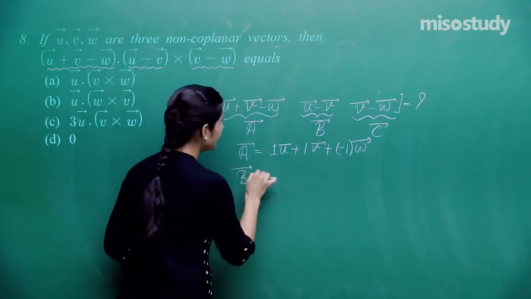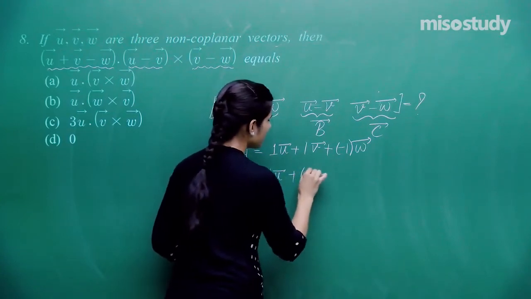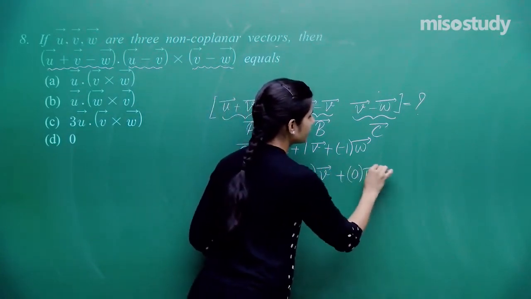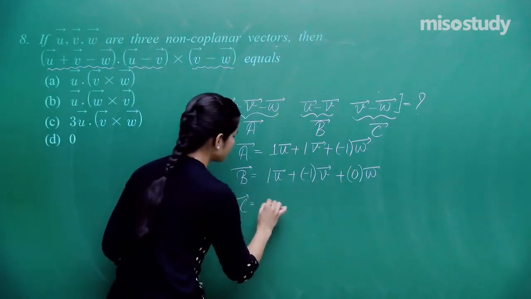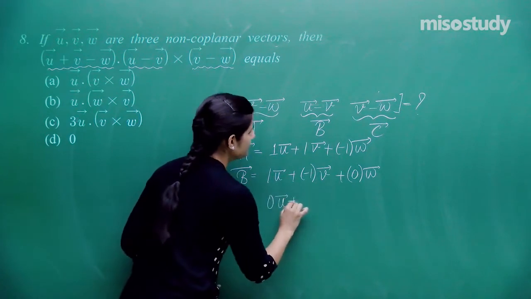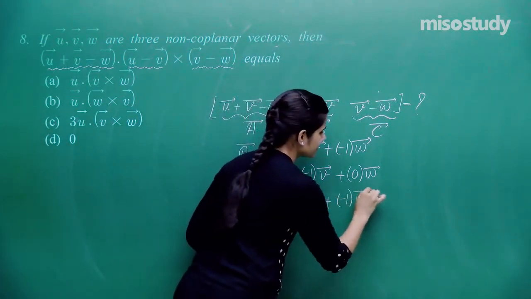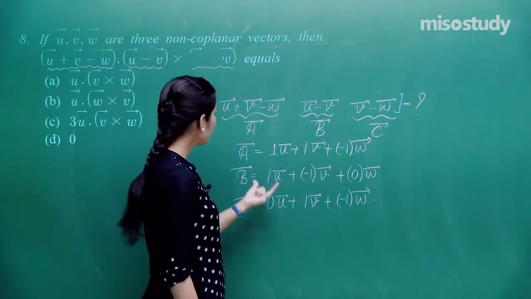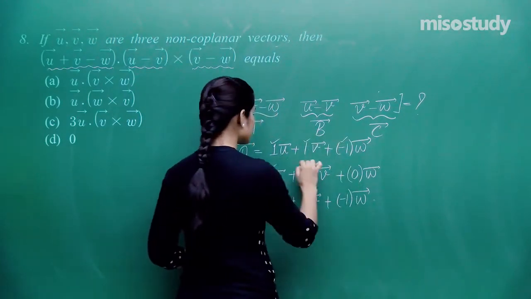B vector can be written as 1 times u vector plus minus 1 times v vector plus 0 times w vector. And similarly, C vector can be written as 0 times u vector plus 1 times v vector plus minus 1 times w vector. Clear? Therefore, if this is A, this is B, this is C, and I know these are the coefficients,